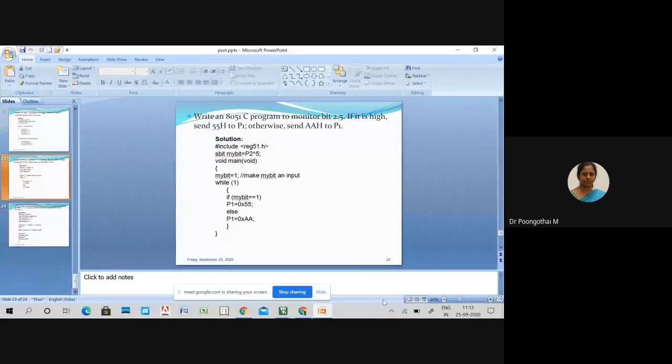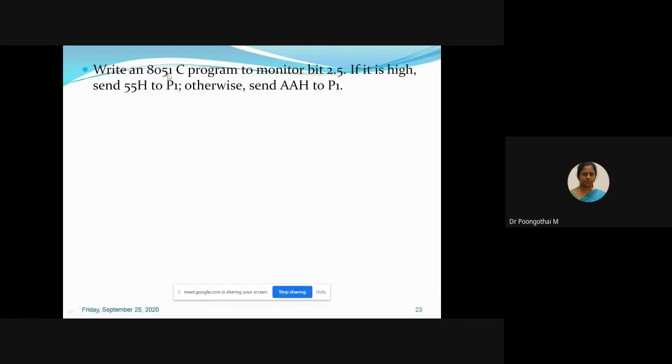Next one is accessing individual port bits. So write an 8051 C program to monitor bit P2.5. So you have to monitor your port 2.5 continuously. If it is high, you have to send 55 to P1, otherwise you have to send AA to P1.